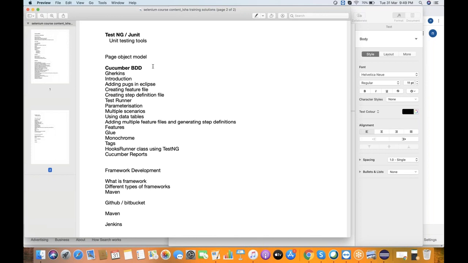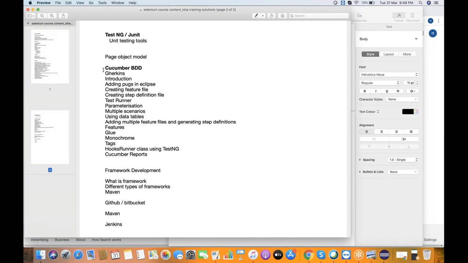So this is where BDD comes into the picture. If you want to implement BDD, those manual test cases will be converted into something called feature files. Your manual test case is converted into BDD using a markup language called Gherkin. Gherkin comes with keywords like Given, When, Then, and various others like Scenario Outline.